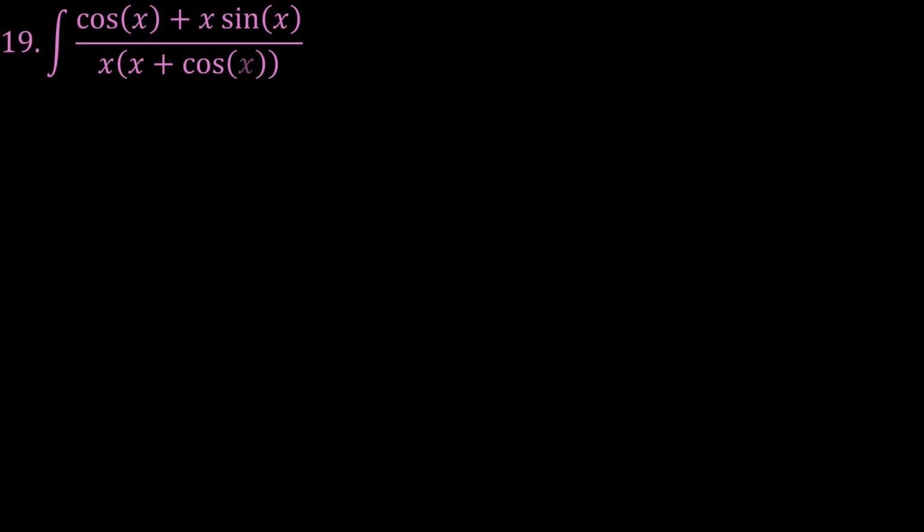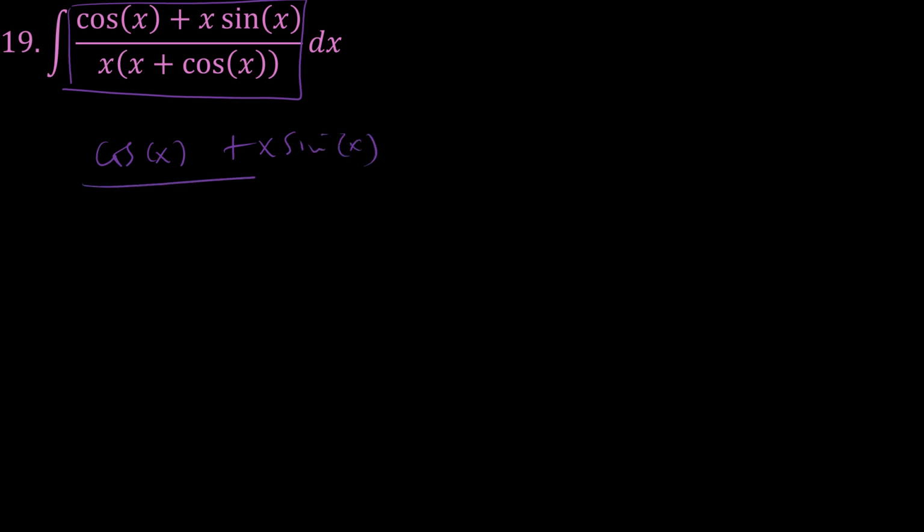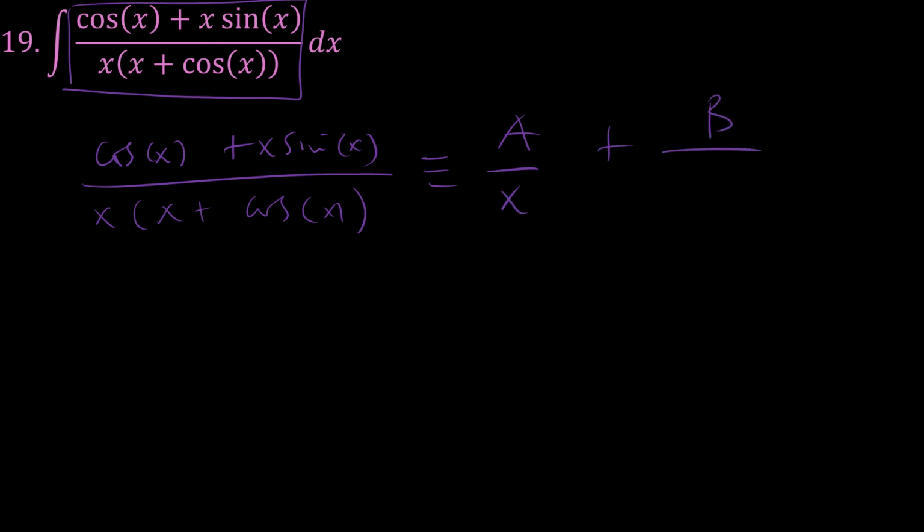19, which is the indefinite integral of cosine x plus x times sine x over x times x plus cosine x. So my interest here would be in trying to figure out how I can separate the integrand, cosine x plus x sine x. Using partial fractions, I think is equivalent to a over x plus b over x plus cosine x,